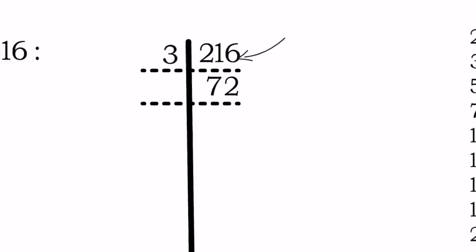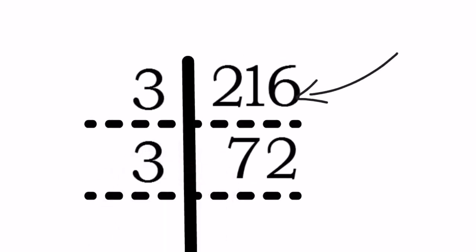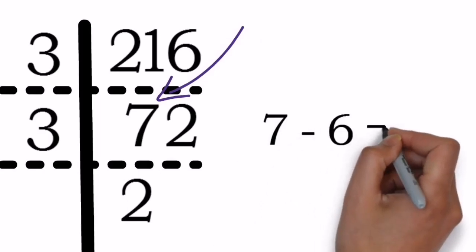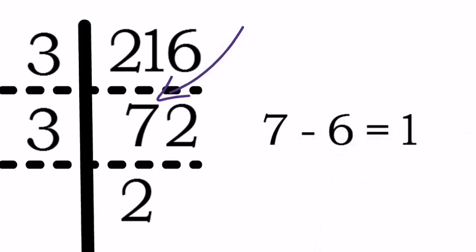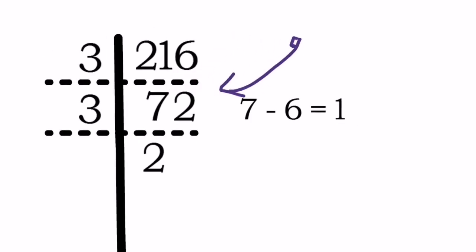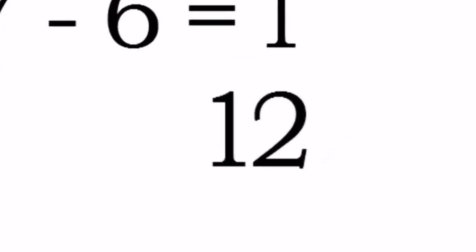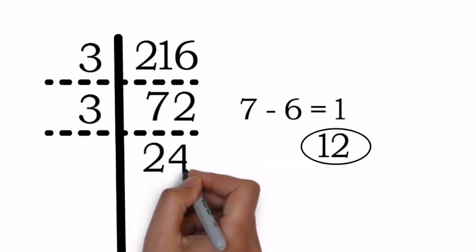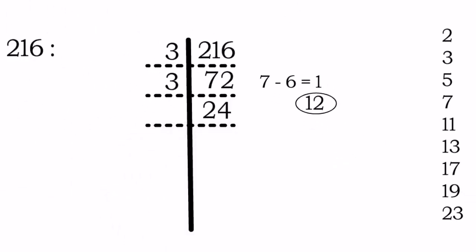Again, if you add 7 and 2, the total is 9, so again it is divisible by 3. Over here, the first digit is 7, so the nearest number in the table of 3 is 3 2s are 6. I got 6 from 7, so when you subtract, 1 is the remainder. This 1 that we got after subtraction and the 2 of 72 together make a new number, that is 12. Now in the table of 3, do we get 12? Yes, 3 4s are 12. So we'll write 4 down, and that makes a new number, that is 24. Now again, can we divide 24 by 3? Yes. And what is the quotient? Of course, it's 8. Nice.